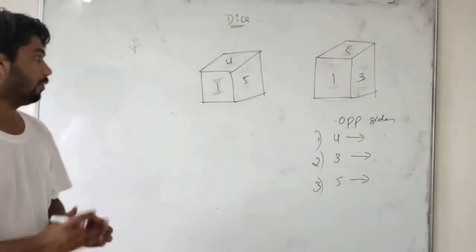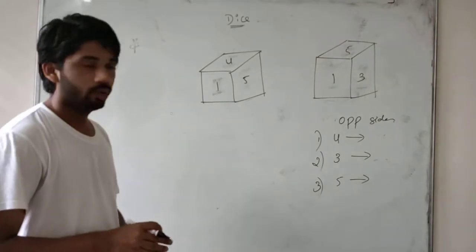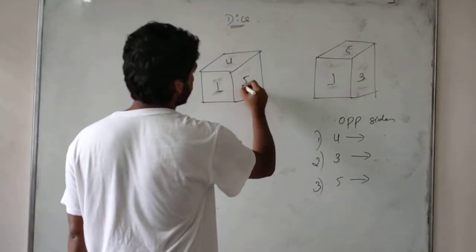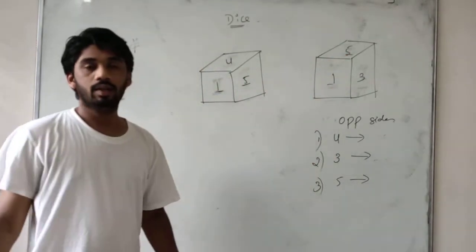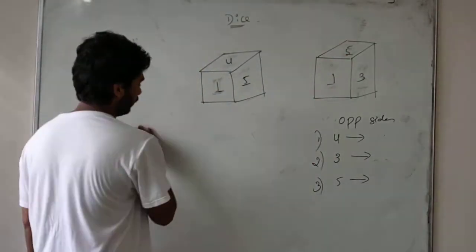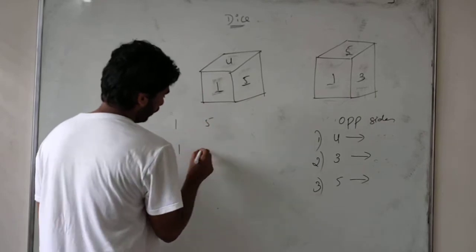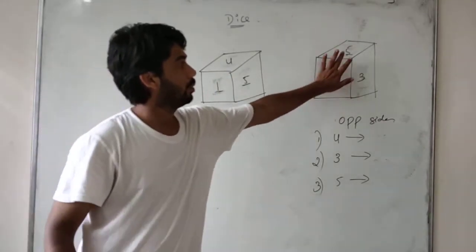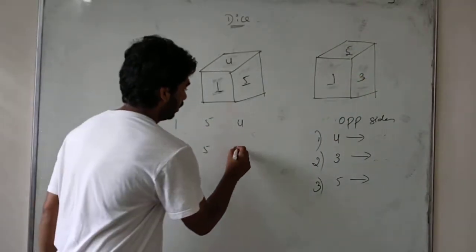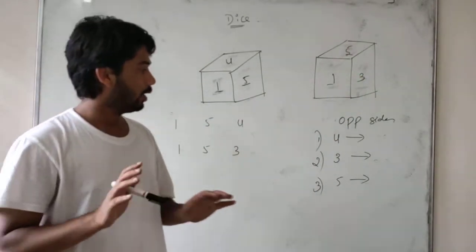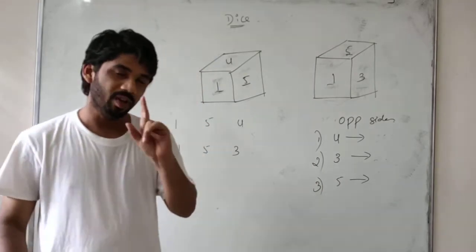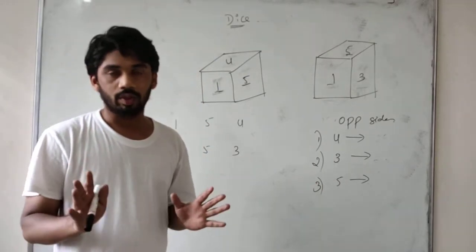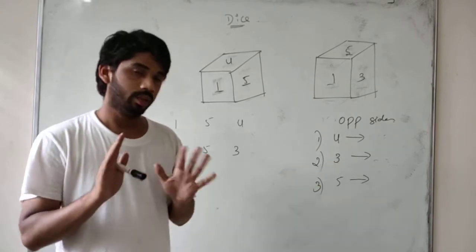Now first point, it is the two common points. 1 is common, and 5 is also common. So first we have to write the numbers 1 and 5. What is the remaining number? 4 here. And here, what is the remaining number? 3. Students, one more thing: they will not be asking all of these. They will be asking only one number. What is the opposite of 4? What is the opposite of 3? If you know this much, we can solve it.